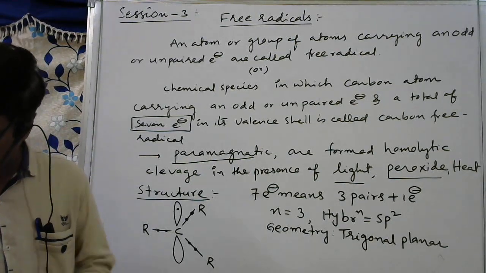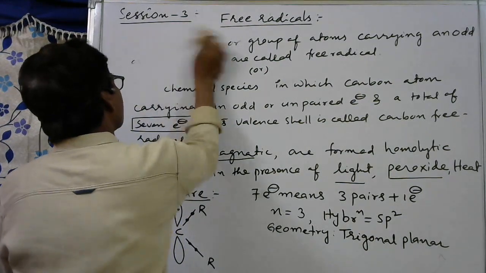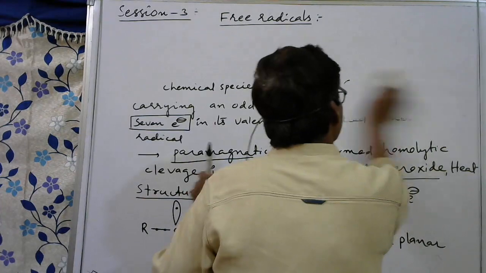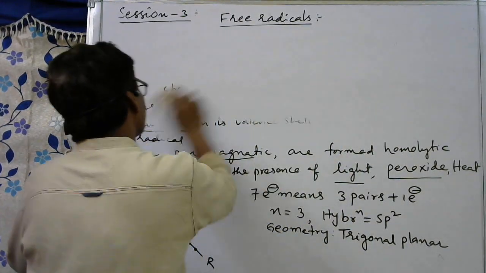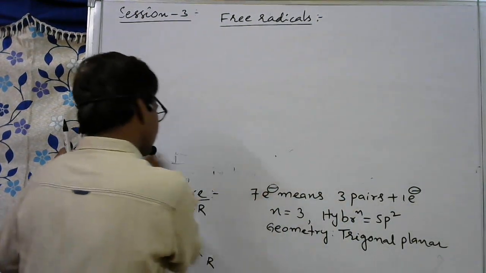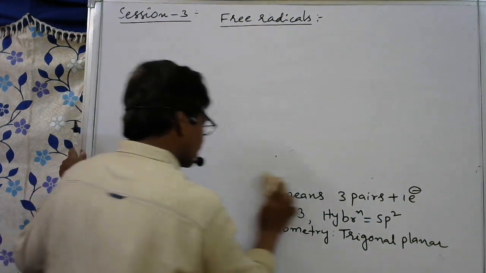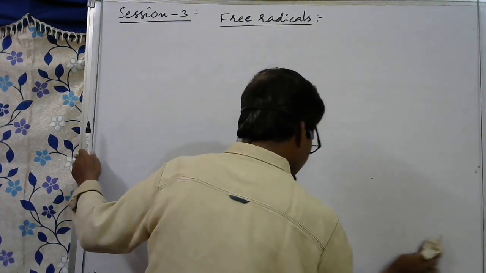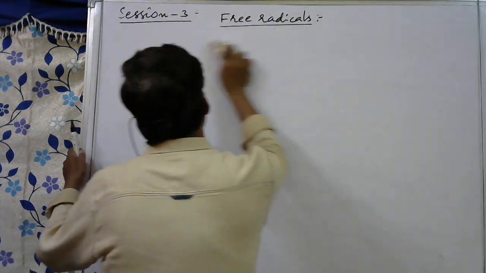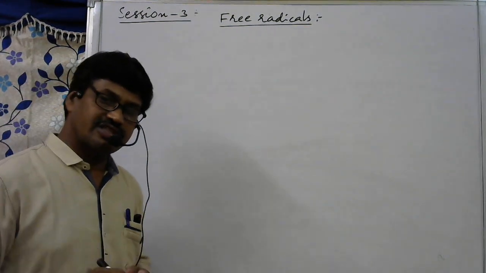Then we have relative stability, we will discuss now. Relative stability of different carbocations, different free radicals. Similar to carbocations, here also we have normal alkyl free radicals. In alkyl free radicals, first is the primary free radical, secondary free radical, then tertiary free radical and methyl free radical. Which concept do we have to apply here? Hyperconjugation. Here also electron density is less. Electron density is actually 8. If 8 electrons are present, then it is stable.